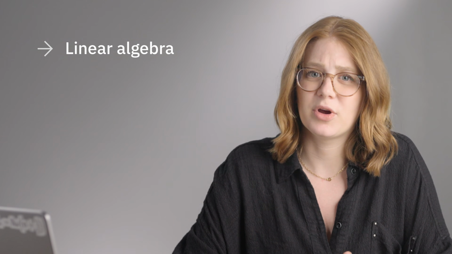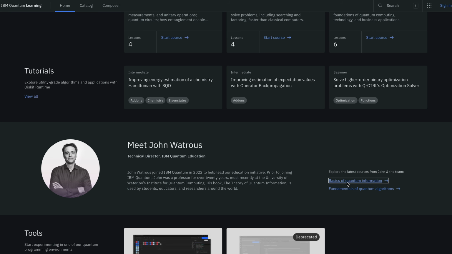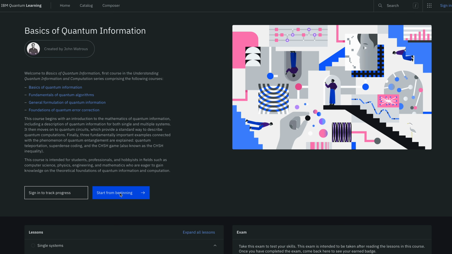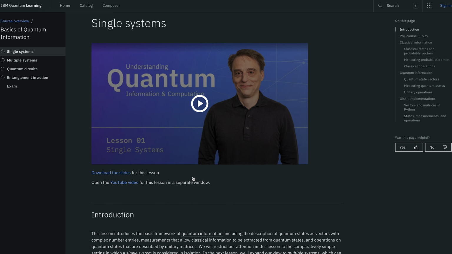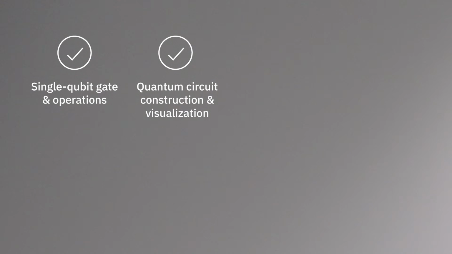You should already be familiar and comfortable with linear algebra, trigonometry on the unit circle, and the basics of quantum mechanics. If you're not, start with chapters 1 and 2 of John Watrous' Understanding Quantum Information and Computation series. It's a great foundation. Now, the exam covers these major areas: single qubit gates and operations, quantum circuit construction and